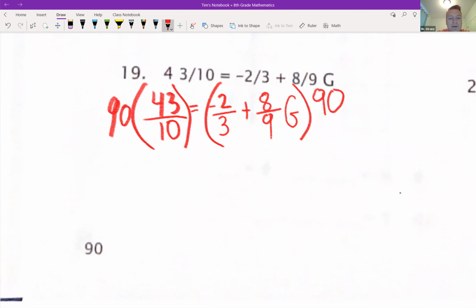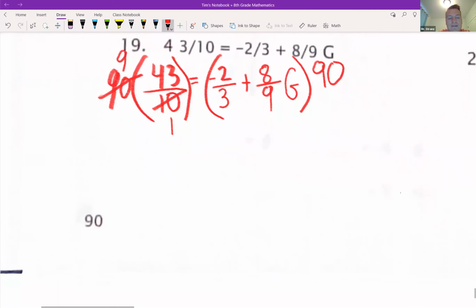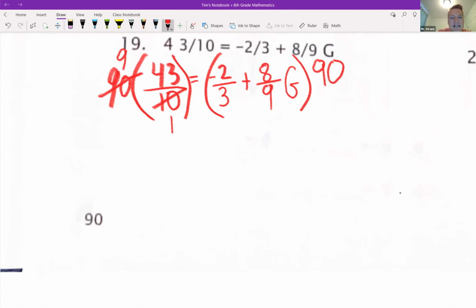If I do 90 on the left side, I'm going to cross cancel. 10 goes into itself once. 10 goes into 90 9 times. So on the left side, I'm left with 9 times 43, which is 9 times 3 is 27, 36, 387. Okay, and that's going to equal, on the right side,